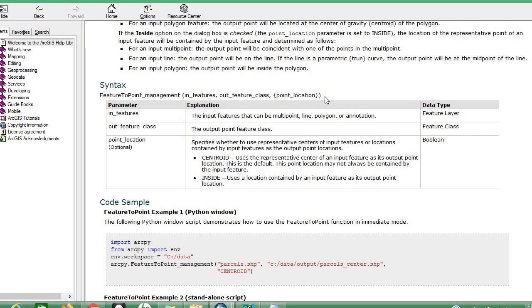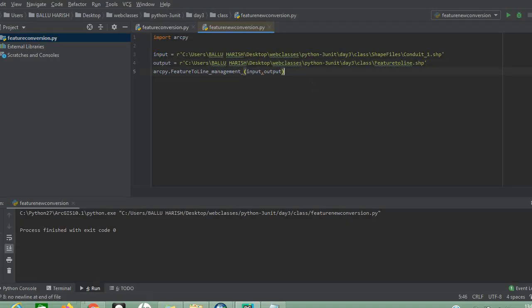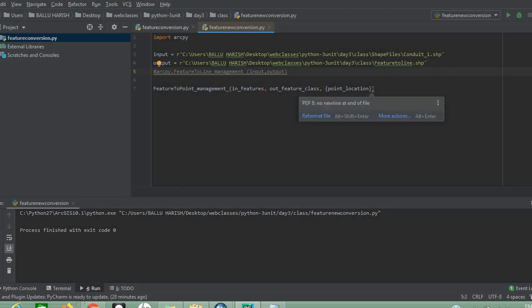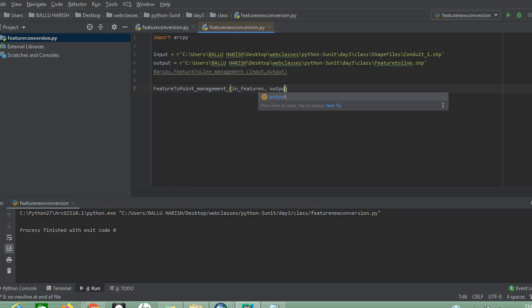Same thing, how to do it: just copy this Python code, and comment this line data. Same thing, the parameters which are enclosed in curly brackets are optional. Output to input.